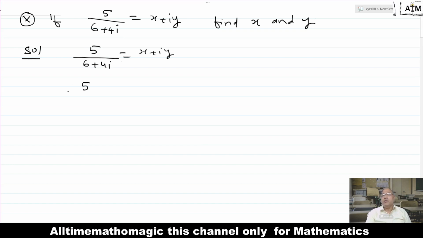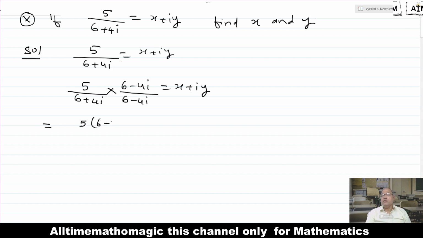Now we are rationalizing LHS here, that is multiplying and dividing by 6 minus 4i upon 6 minus 4i equals to x plus iy, that is equals to 5 into 6 minus 4i upon 6 square minus 4i whole square